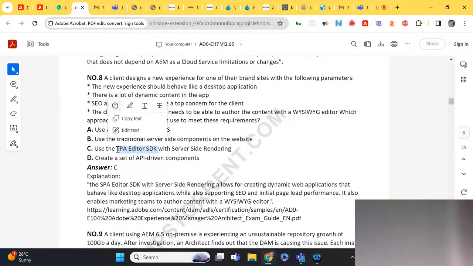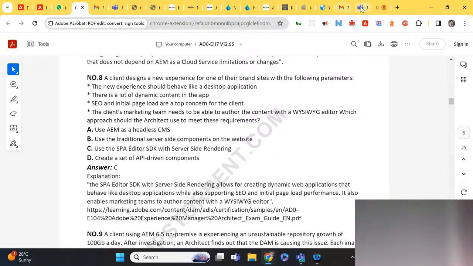In case of initial page load, the hosting is actually done by the React application itself, where the JSON is coming. With the AEM SDK, we just get the abstracted layer of the components which are available as an application, but the actual connections will be loading the data from the server side. So SPA itself is different. SPA with server side rendering is different.